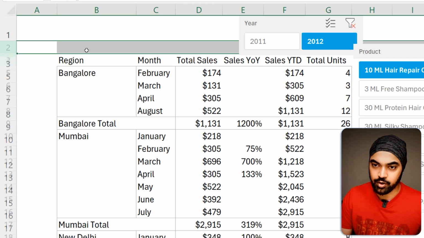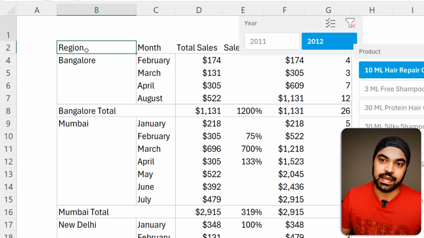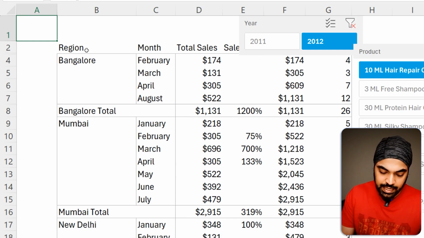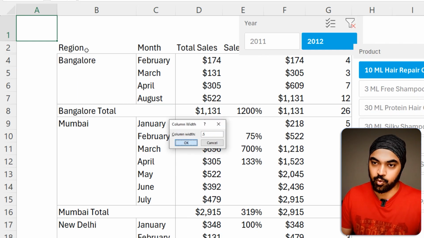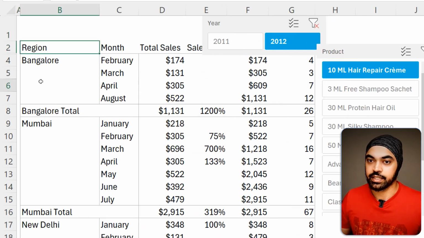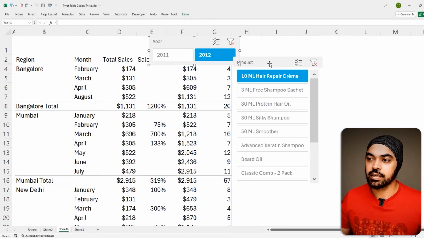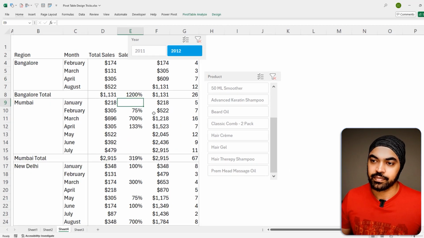Let's just remove one row. I think one row is good enough, and that is pretty good to go. And obviously this is going to be squeezed down to, let's say, 0.5, and that column is all right here. Now what I'm going to do is I'm going to go ahead and zoom out a little bit and